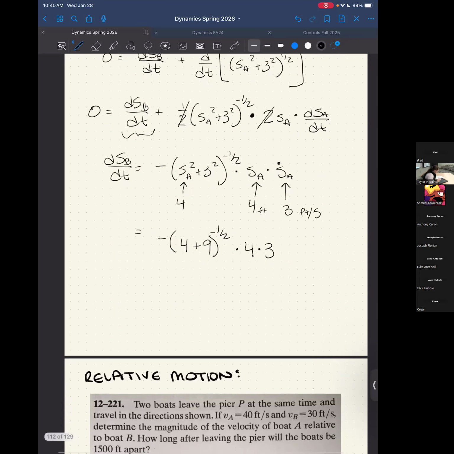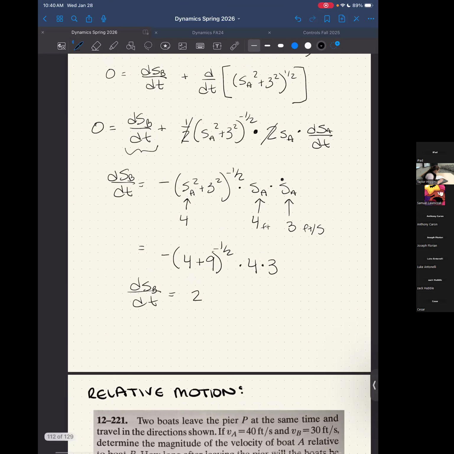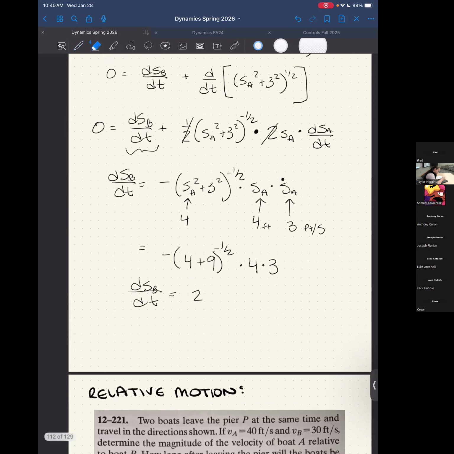And if we simplify that, we get dsB/dt equals... It's 4 squared, right? Yes, I apologize. Sorry, I plugged in 3. Why did I plug in 3? No, the 3 was right. It's this that needs to be squared. Yep, got it. So we should get 2.4